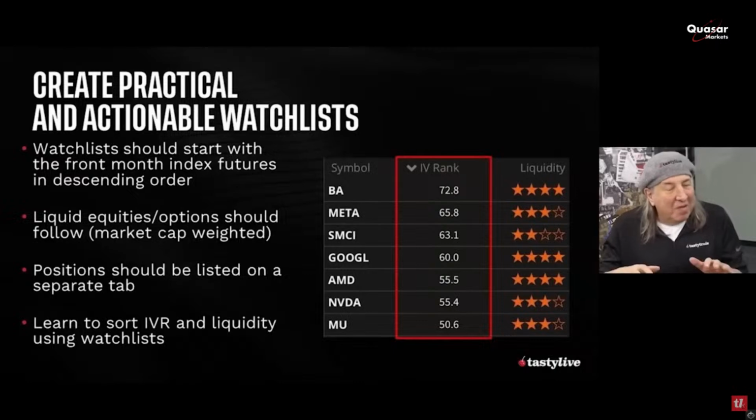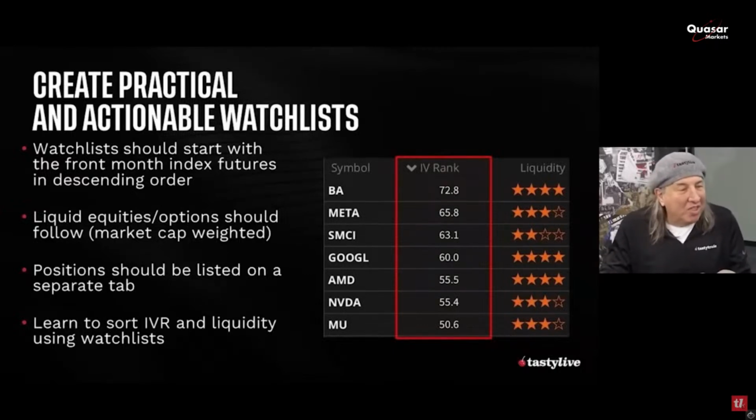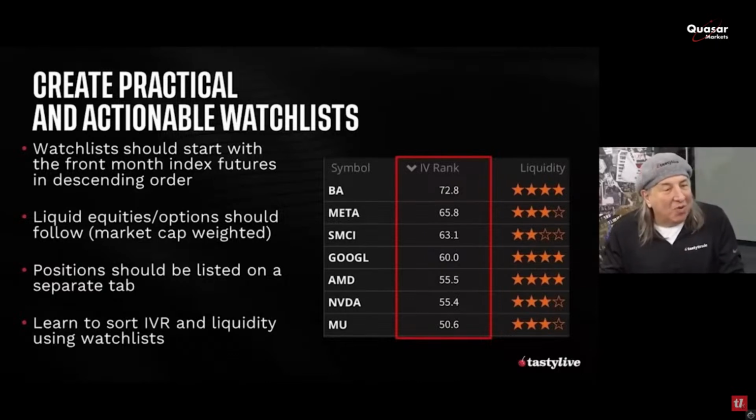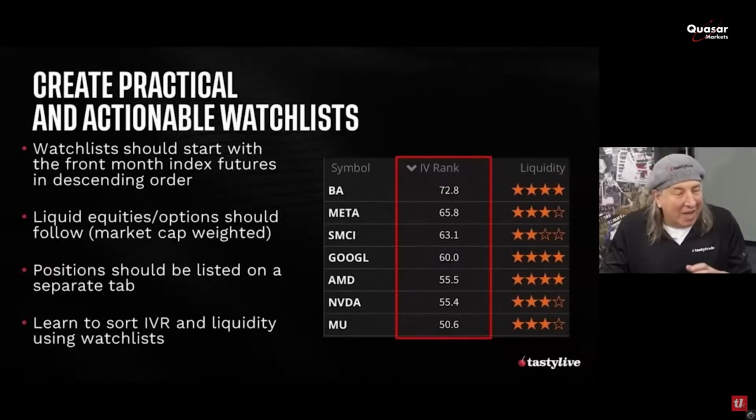And then following that, you want to put all your liquid equities. Now, liquid equities mean that the options are probably liquid. Sometimes you'll find an option marketplace that's super liquid when the equity itself or the index isn't really that liquid, but it's rare. So what I do, following my futures in descending order, is I will list them